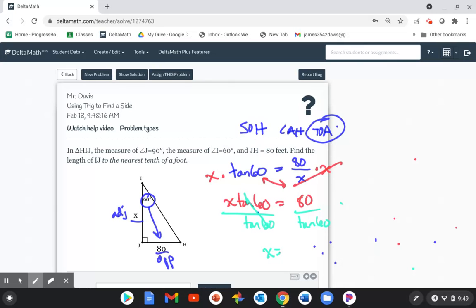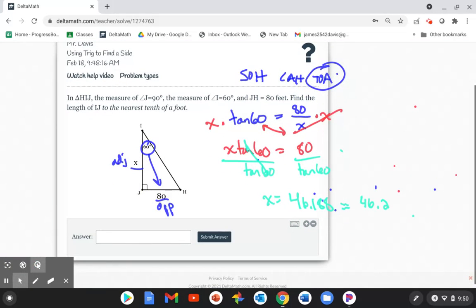And I got 46.188. So that rounds to 46.2. And actually this one, I'd say the triangles aren't very well drawn because that should be the correct answer, but this side is actually longer than that side. However, they didn't draw this triangle very well because if this angle is 60 degrees, that means this would have